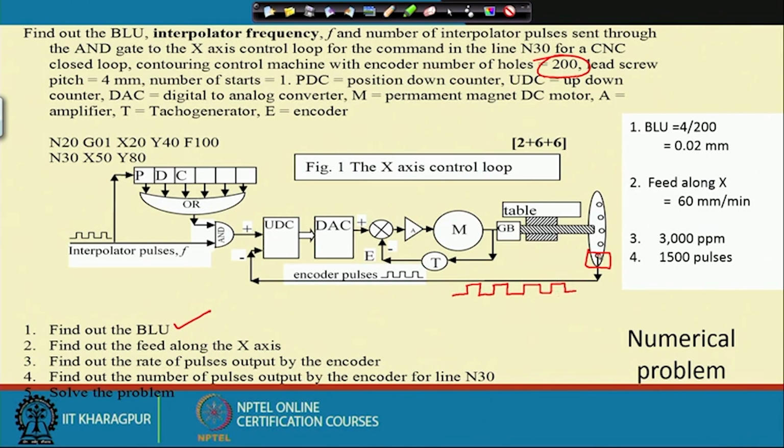So let's find out what movement of the table corresponds to the passage of one encoder pulse across this control circuit. So we understand that the table moves by 4 millimeters. 4 millimeters of table movement is obtained for 200 encoder pulses. Okay. Therefore, one pulse